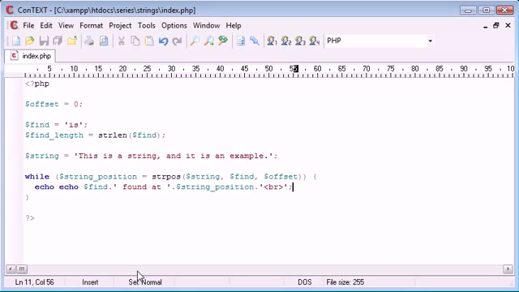Okay, so what this is going to do is, for every time it's found, we're going to echo the position and obviously the word. We're going to reiterate, and then we're going to put a line break on the end. But now what we want to do is create a new offset, because at the moment we're